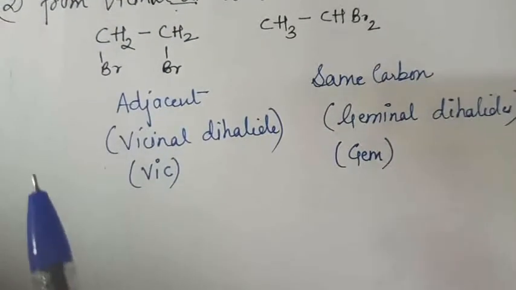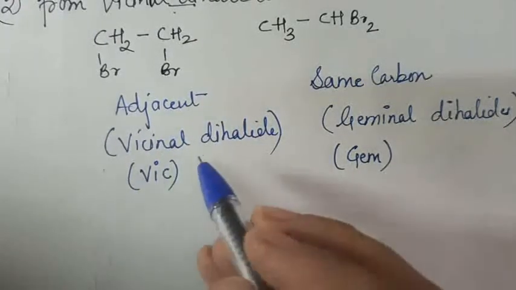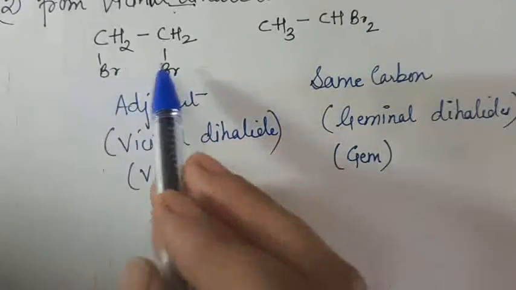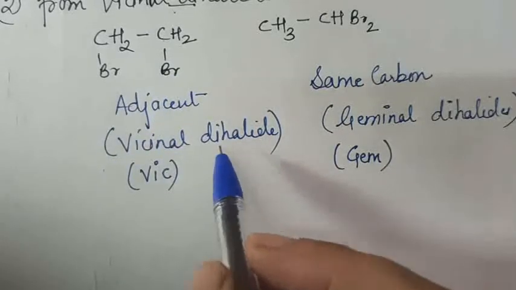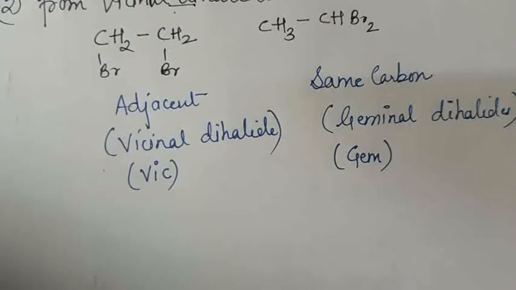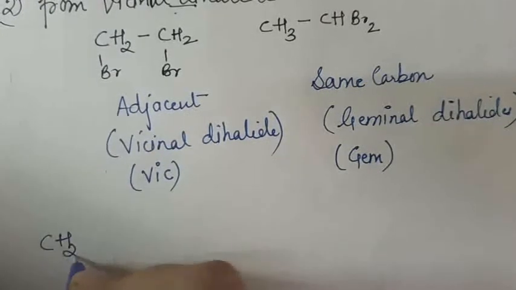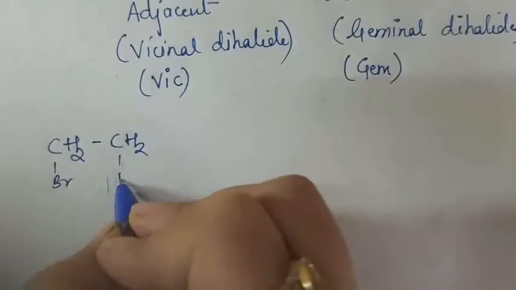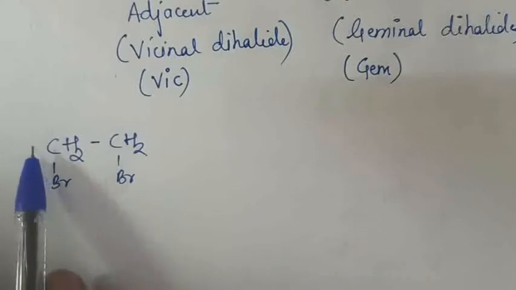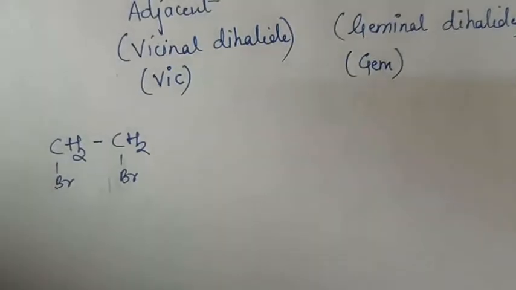So just see, it's very easy. What has to be done is, dihalides which have two halogen atoms attached to the adjacent carbon atoms are known as vicinal dihalides. This is the definition of vicinal dihalide I already told. Now these vicinal dihalides when treated with zinc metal, let us write the reaction. So this is the molecule CH2, CH2 bearing Br and Br like this. These Br can be written by the sides of the carbon also, no problem, but as we will be removing these halogens from the carbon, that is why I have written them like this.